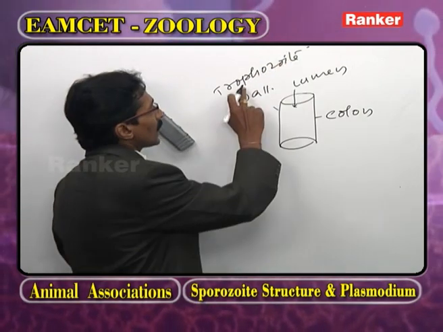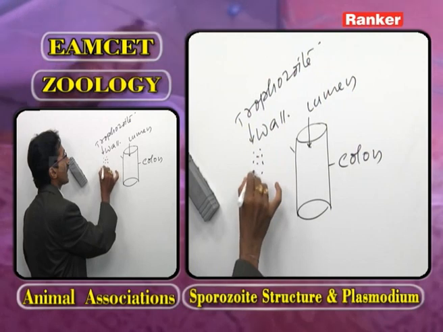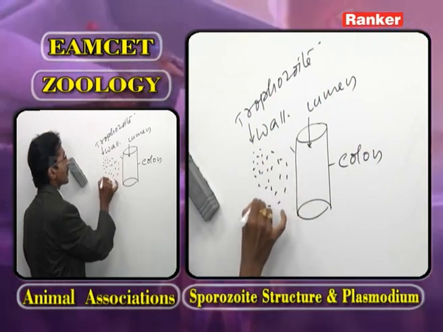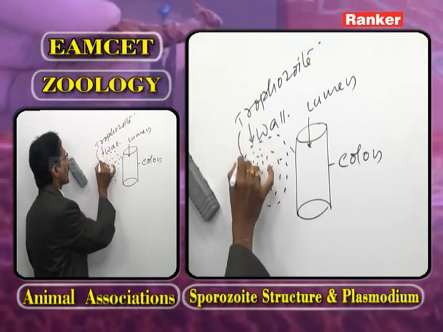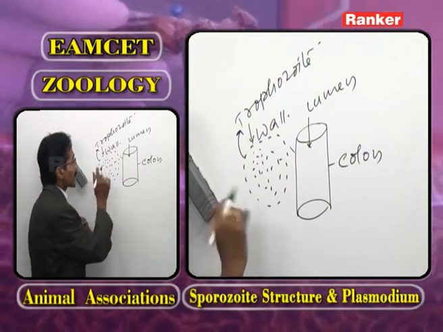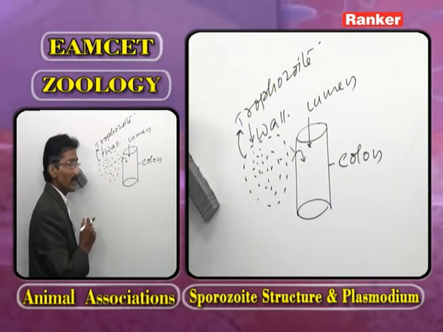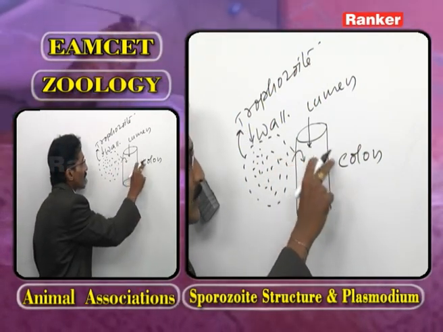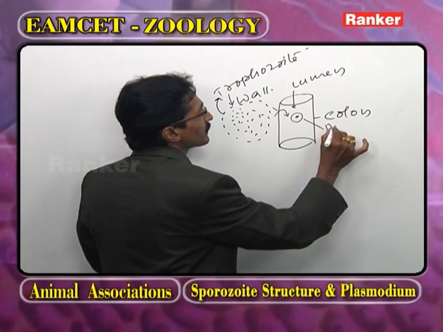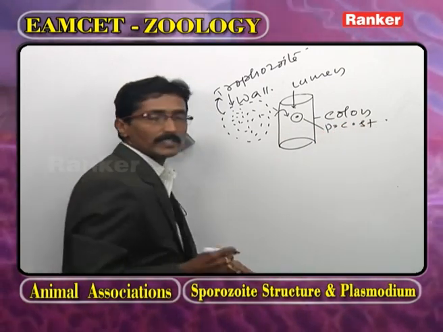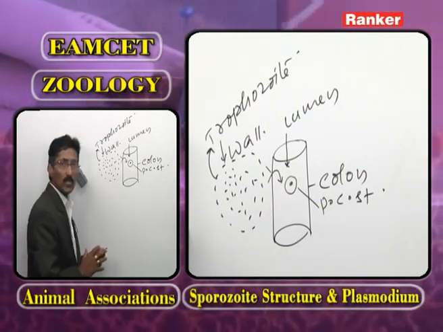The trophozoite. Now, the trophozoite undergoes reproduction and produces innumerable daughter individuals. This entire process is going on in the wall of the colon. The majority of daughter individuals become trophozoites. Some daughter individuals enter into the cavity of the colon. The individual that enters into the cavity of the colon, we call the pre-cystic stage. As we observe the pre-cystic stage, in this stage there is no cyst.